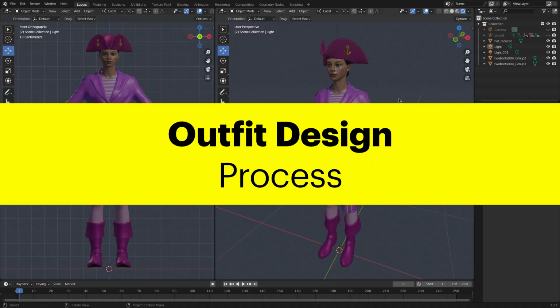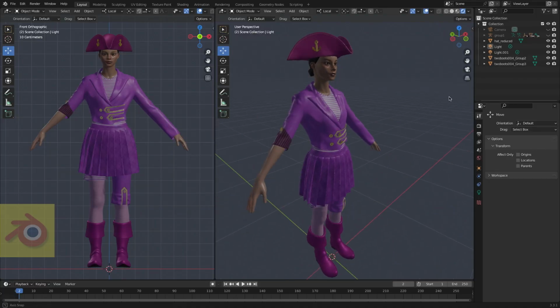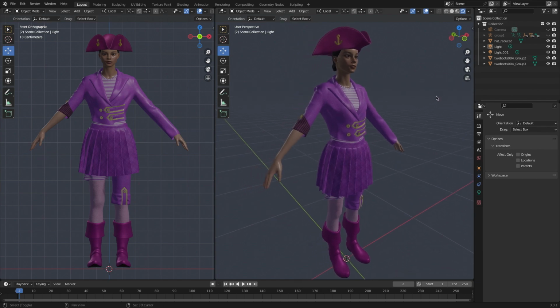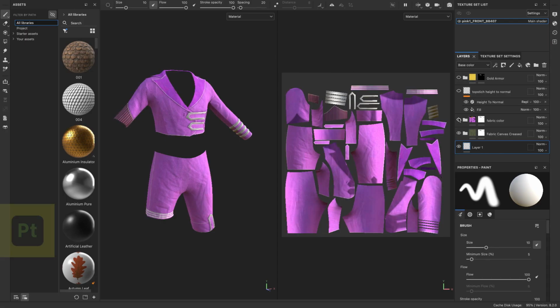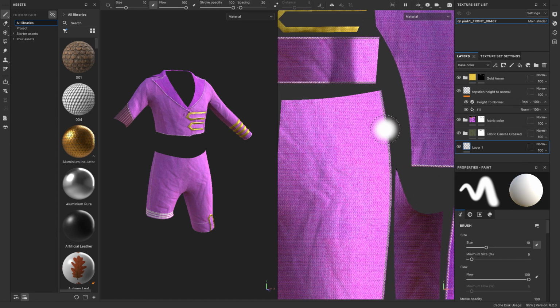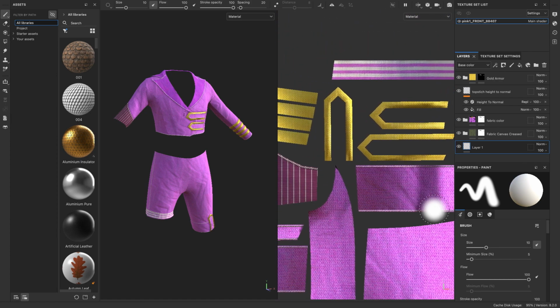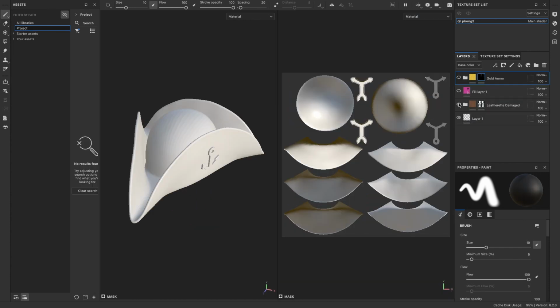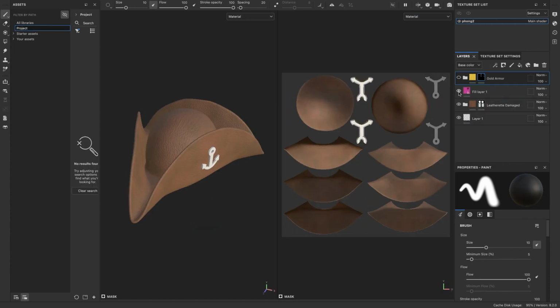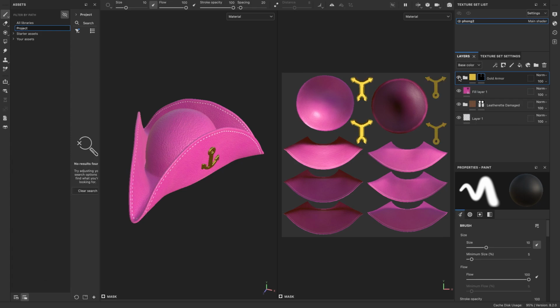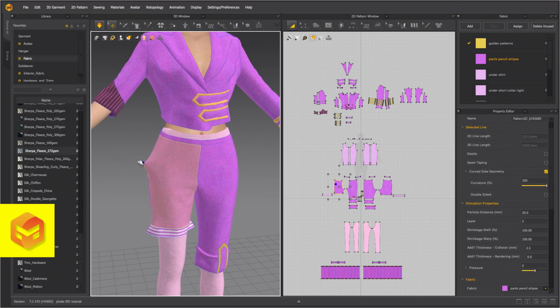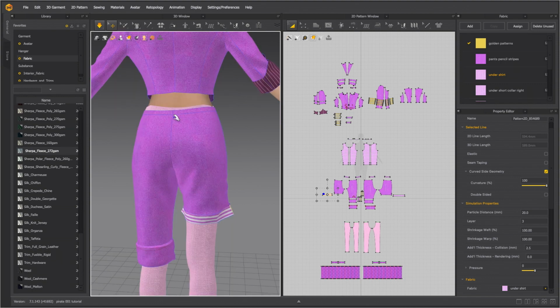Outfit design. Before even thinking about how to develop the lens, I first want to finalize the outfit design. I take some time to try the different ideas, but eventually I must lock on a design. We don't want to keep changing the design down the road and waste a lot of time doing that. When designing the outfit, I don't need to care about polygon count, texture size, or any technical considerations.